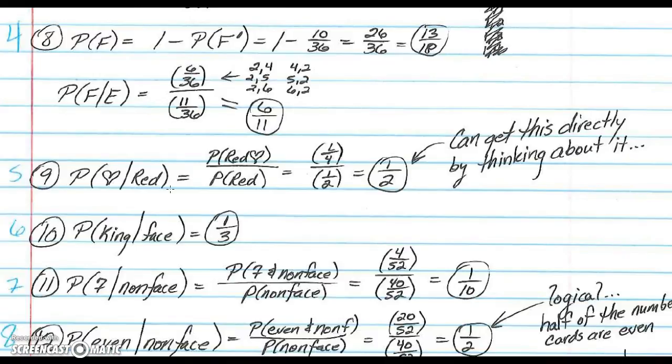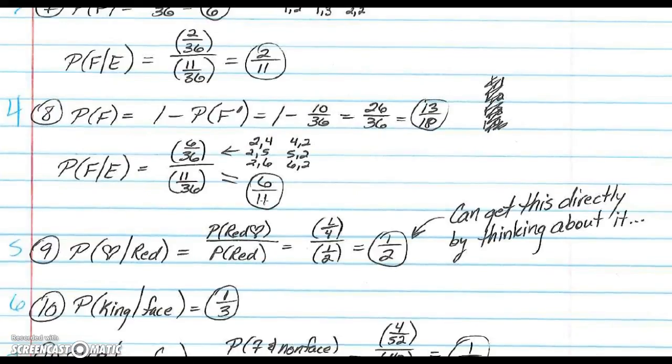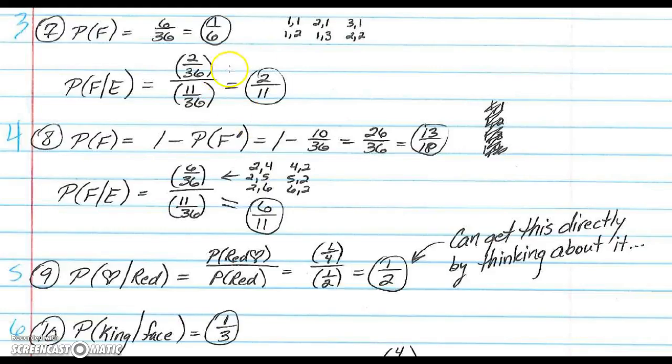Next question. So we want total greater than 5. Notice it's not quite just the opposite of what we had done in the previous one, because we didn't allow the possibility of actually getting a 5. We want the total greater than 5. So you can take 1 minus the total 5 or less. So it's basically the ones we had in the previous question plus all the ones that total 5, and there's